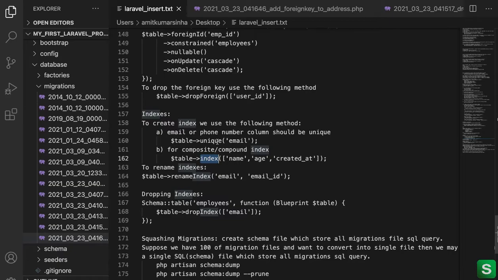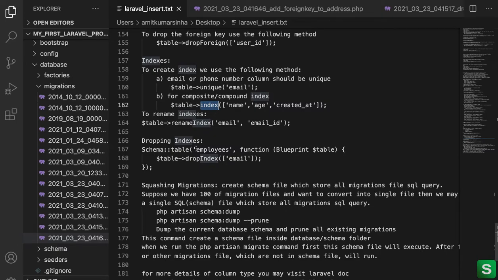In the primary key it was auto increment and unique. In the foreign key it will be the same, but for email we are using unique indexing, and we can also use composite or compound indexes using the index function.